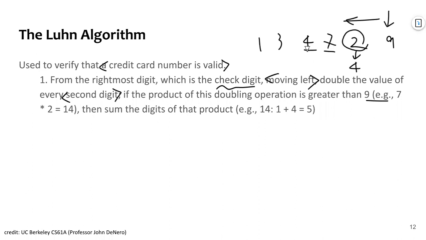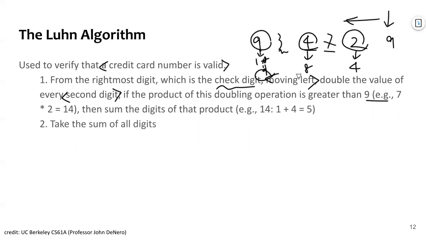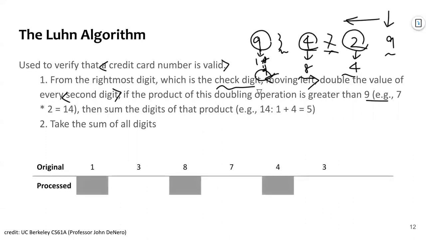When we encounter the odd position number, we just pass. And when we encounter the next even position number, we double it. So what if this number was 9? When we double it, it's going to be 18, and this is greater than 9. Then what we do is sum these two digits, and it's going to be 9. So this is the first step of the Luhn algorithm. And then we sum these numbers, 9, 3, 8, 7, 4, and 9. So for example, if you have 1, 3, 8, 7, 4, 3,